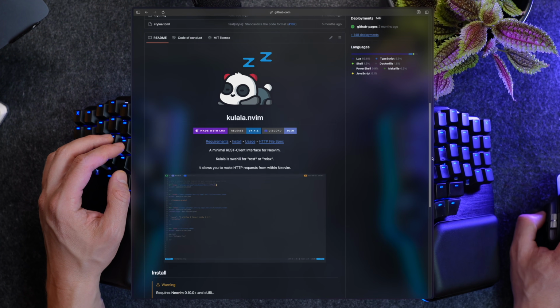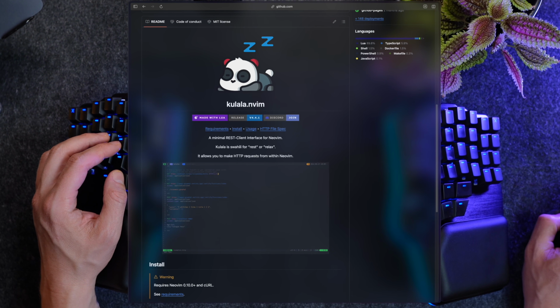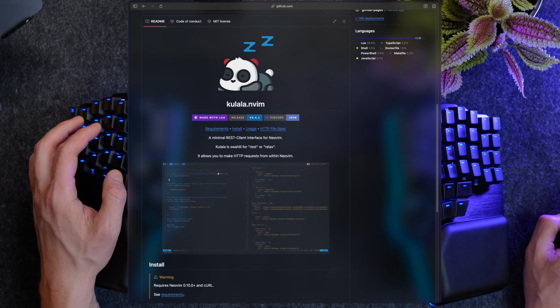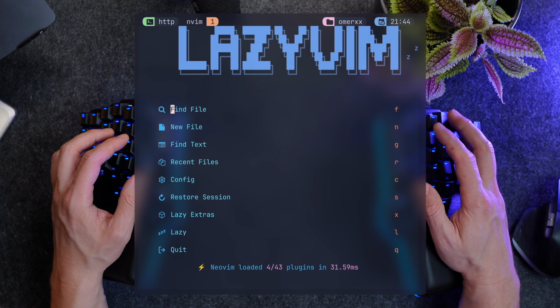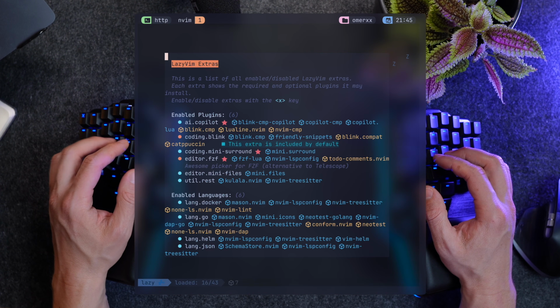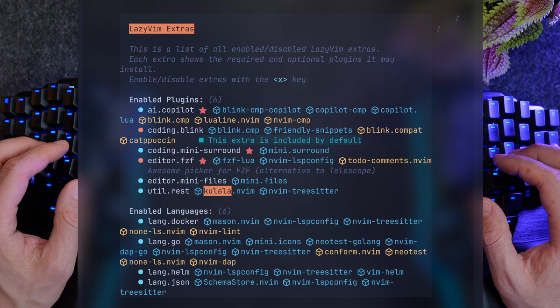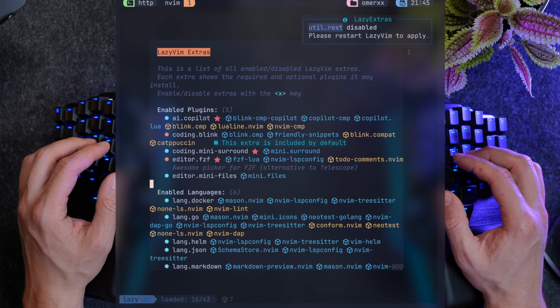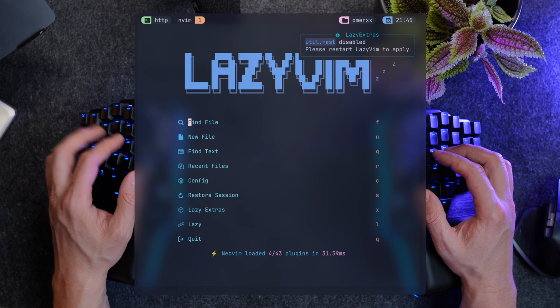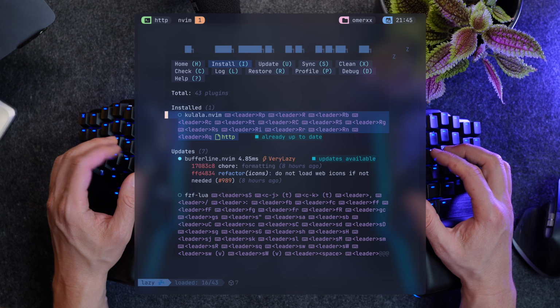Sometimes it makes sense to keep a list of requests in the editor to run them straight from your code. It makes total sense keeping testing requests as code committed to Git so you can enjoy them over and over and rely on version control to keep them there. Like I mentioned, it's part of LazyVim extra called util.rest, and when it's installed, we can see the different key mappings it comes with by default.